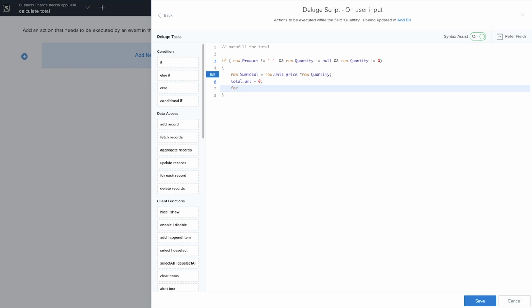Next, for each row in item details form, if row.subtotal is not equal to null,